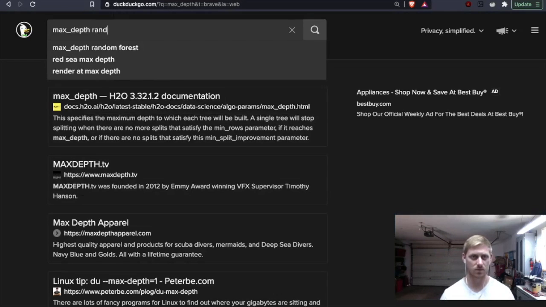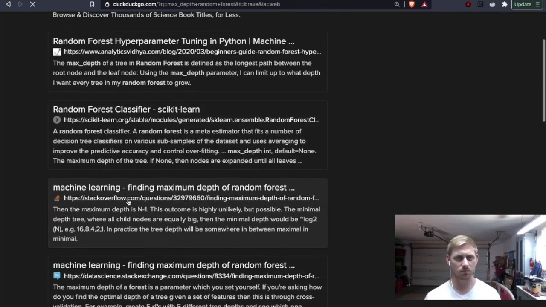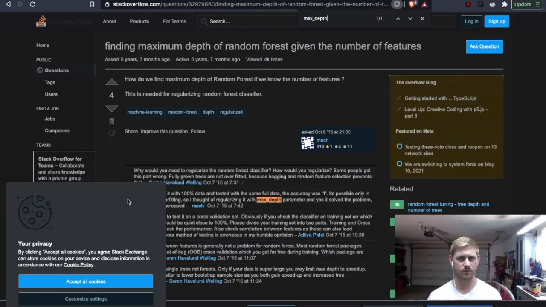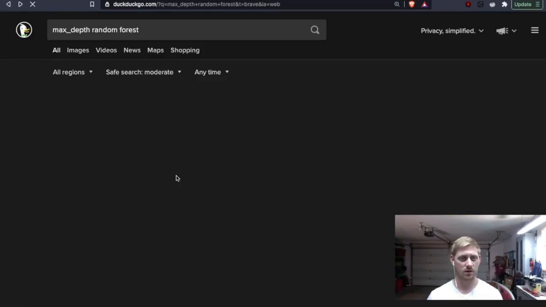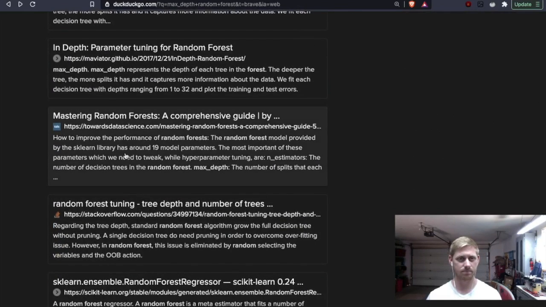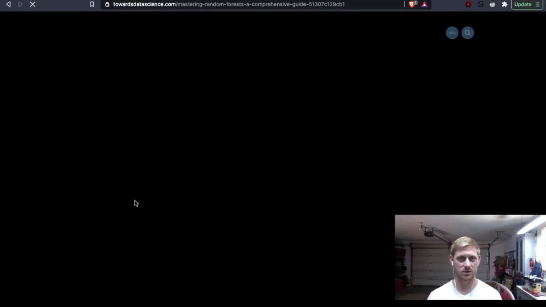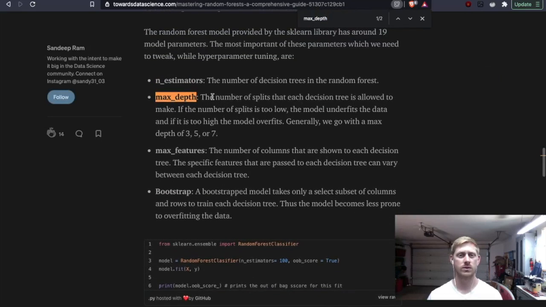Max depth, random forest. The max depth parameter. Let's go to maybe Scikit-Learn or Towards Data Science. So the number of splits that each decision tree is allowed to.